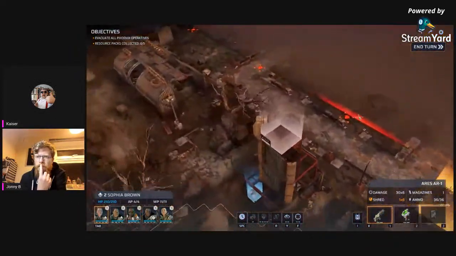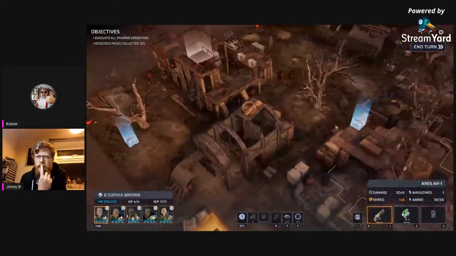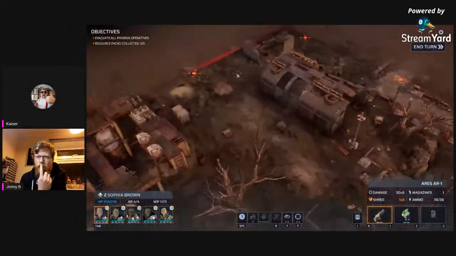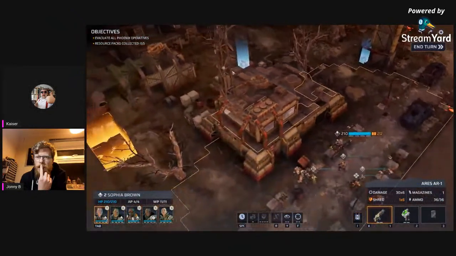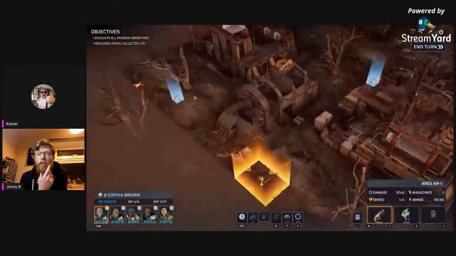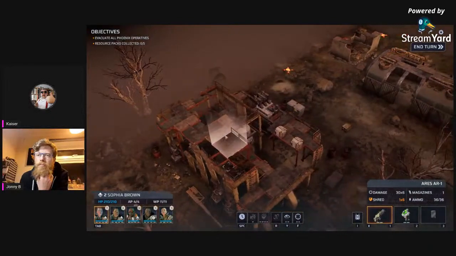So as we zoom out, you can see these are your exit points, which are on those two sides. And these are the loot here. So just the three. 1, 2, so one in there. 3, 4. Okay. 4. That isn't loot. What that is